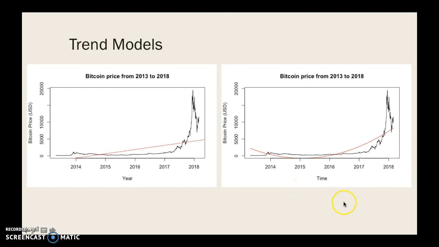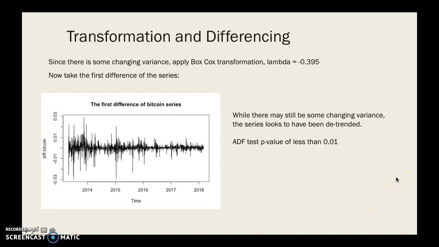Just before going ahead with applying transformations and differencing, I've just tacked on a couple of trend models here. Obviously, they're not great models for this series, so we'll go right on with the transformation first of all. I've used a Box-Cox transformation with a lambda value of negative 0.395, and then applied first difference, and that gives us this